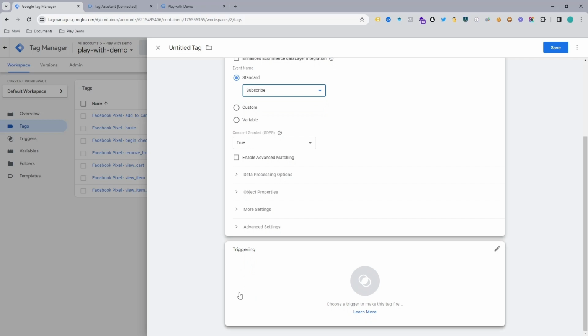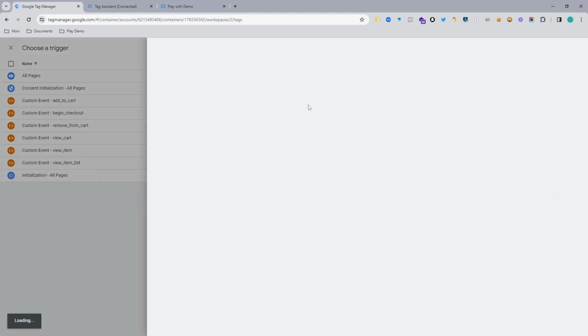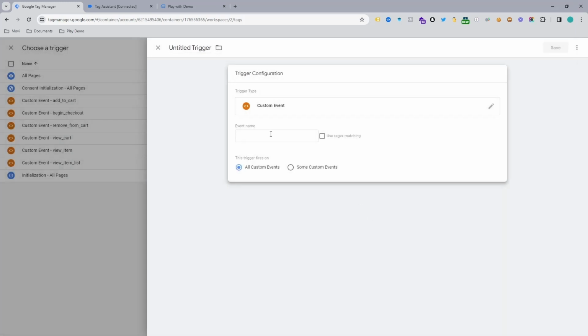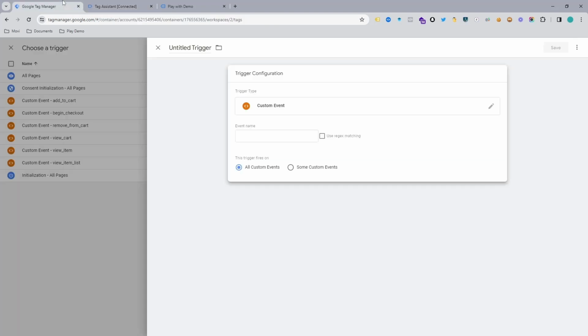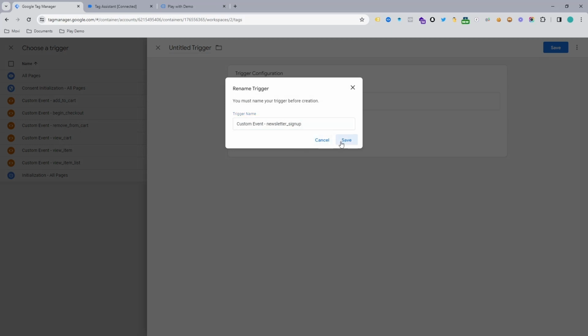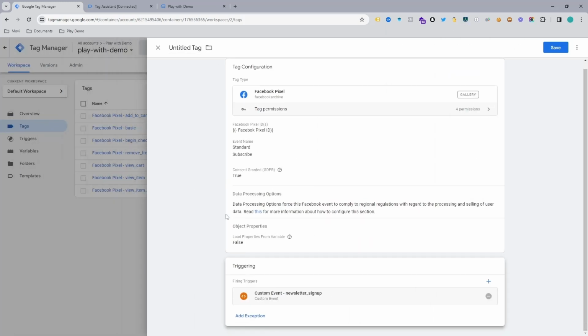Okay, and now we need to make a trigger, and here is none, so we need to make a new one. This is a custom event, and we need to copy and paste the exact same name that we got from that event. So it's here in the custom name, and I always like to use this format because I can easily understand why the trigger is there, and if I make a few triggers, it will